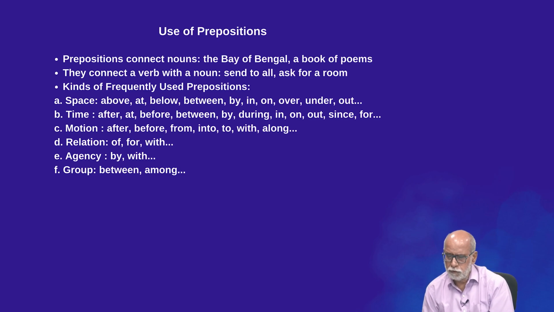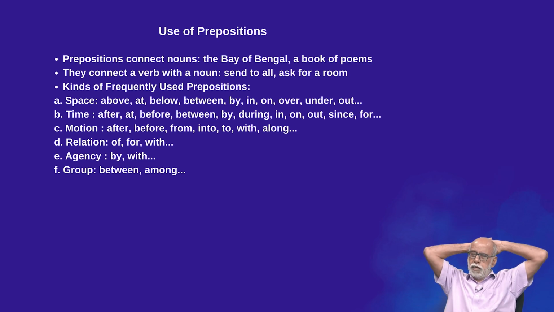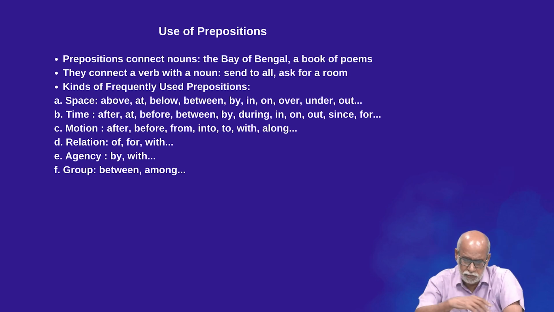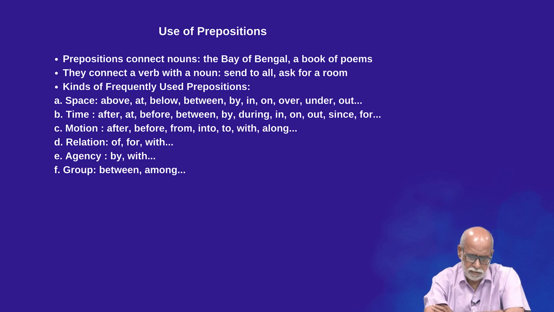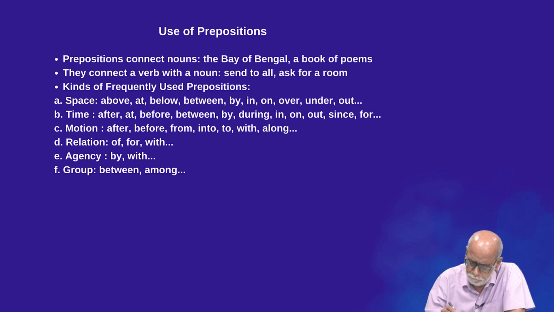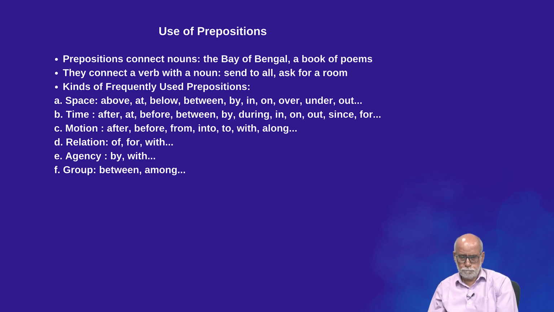What are the prepositions that are frequently used? So, you can make a class. There are prepositions which unite nouns in space, a space as in geographical space. So, you can say that an earthquake came last year in Tibet. So, in is as indicated here. This is a preposition of space. On space, it unites 2 nouns.